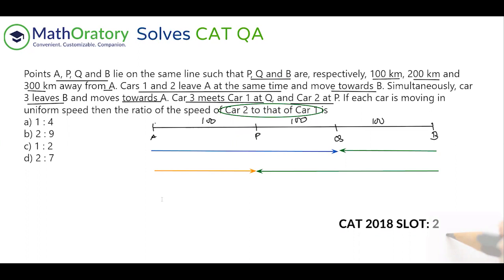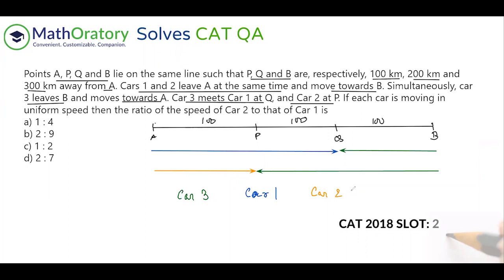So what I'm going to do is compare everything with car 3 here. One second, let me just type this out. Yeah. So we have car 3. Compared to that, we have two different cars. So let me write car 1. And compared to that also, we'll try to relate car 2 here. So these are the two relationships that we are looking for.